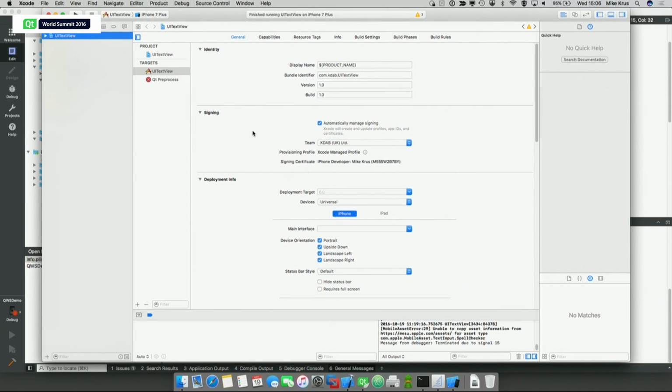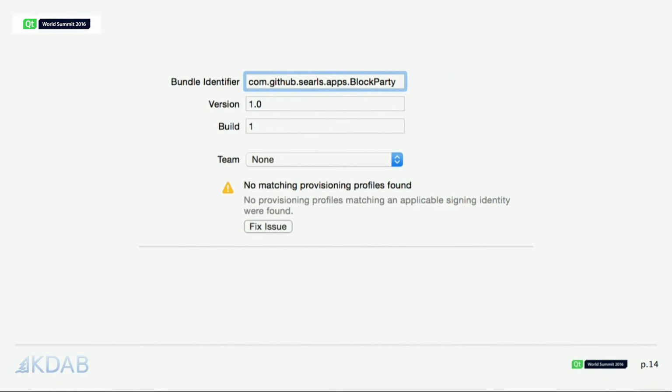So you need to sign this up. And then based on that, the first time the application Xcode needs to run on the device, it'll go and talk to Apple servers and set things up. In Xcode 7,